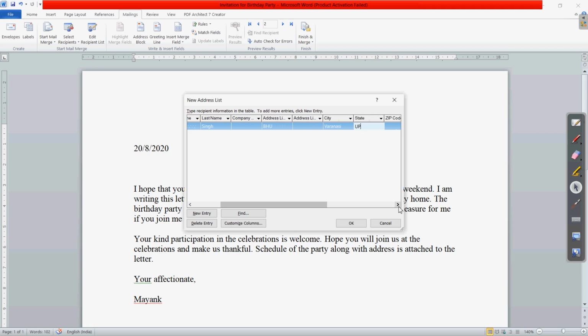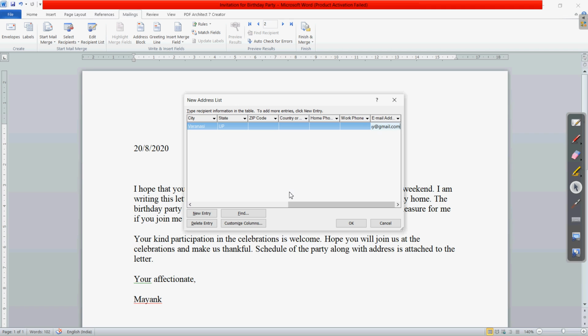After that there is zip code, then country, then the email address. The email address is an important thing, because we are going to send the email on that only. So whatever the email address is, write and mention it.